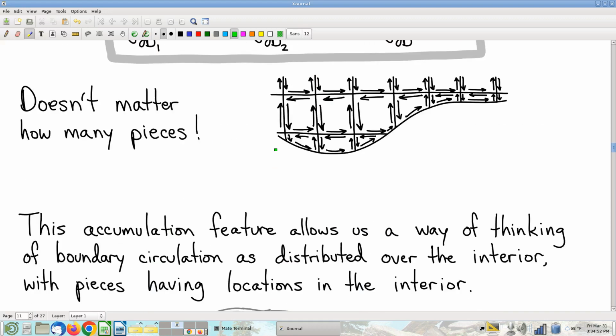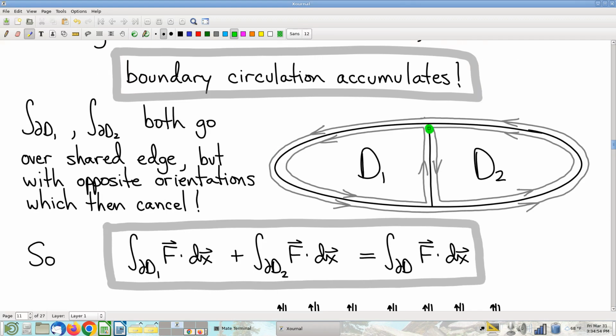After all, it's when I cut the solid region in half that we get the accumulation feature, right? So I want to think of boundary circulation not as a property of the perimeter. I'm not chopping the perimeter in half. I'm not chopping up the perimeter into little pieces. It's not what we're doing, right? Very importantly, we are chopping up